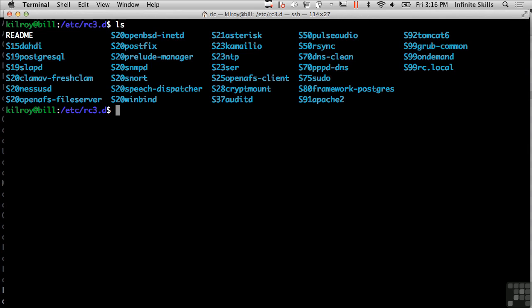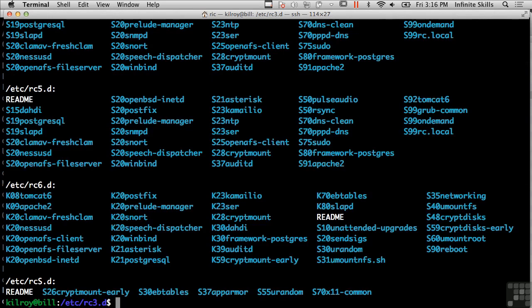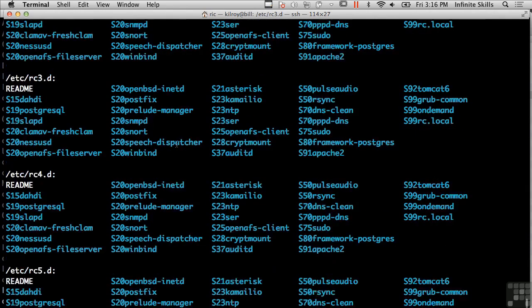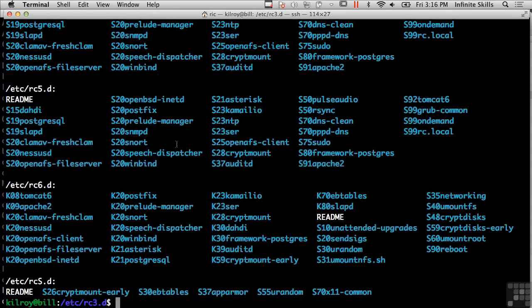So I want to see here the different services that are starting. In run level 3, you can see here are all of the services that get started up as run level 3. Now, there are a number of run levels here. You can see we have all the way up to RC6 would be run level 6, and we have RCS, which would be single user mode run level. Now, you'll notice in RC6 and